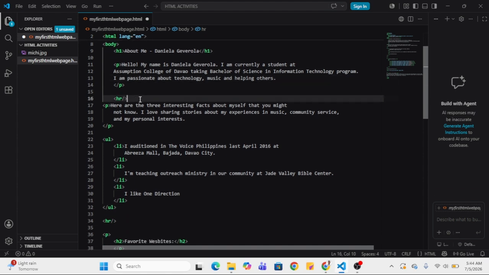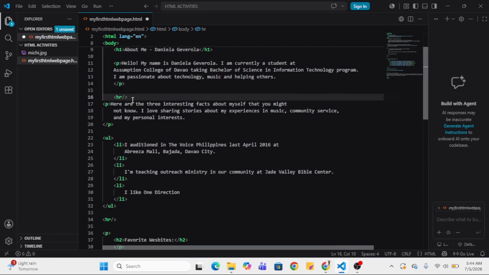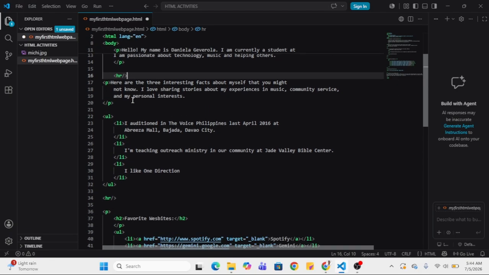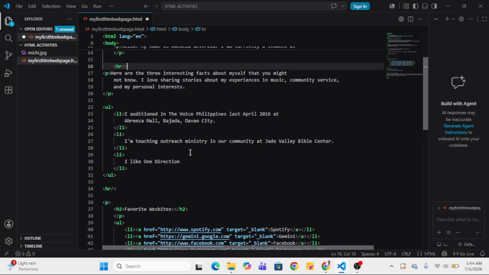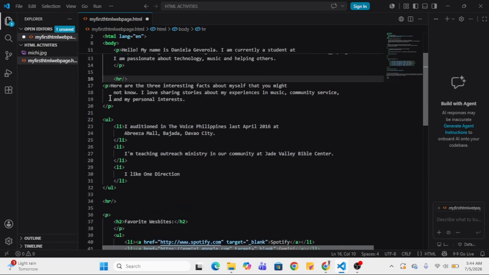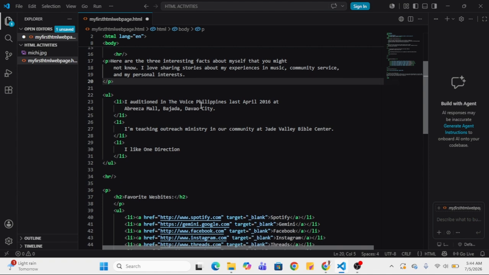So we have here an hr tag. This one is for a horizontal line. It will separate the content from here, and then there will be a second content below, under the horizontal line. We also put here a paragraph to put our text, all the information, and then the unordered list is the next one.